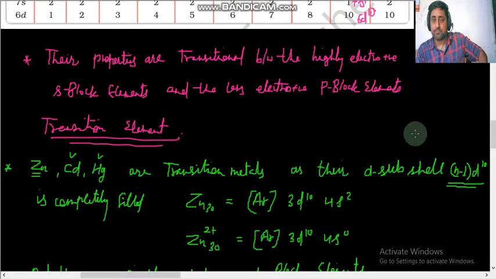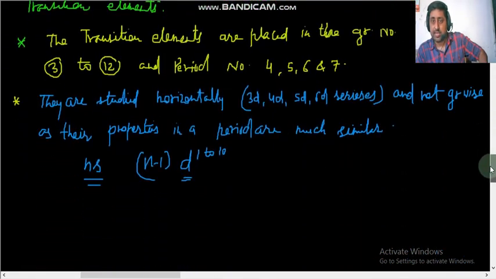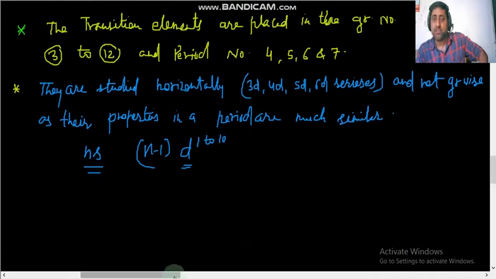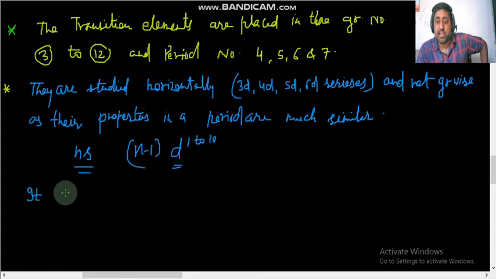So here is that discussion why we study them horizontally. The D block elements are studied horizontally in 3D, 4D, 5D and 6D series, rather than group wise, as their properties in a period are much similar. And we were discussing the reason for that. As I told you, or we can mention here, it is due to the fact